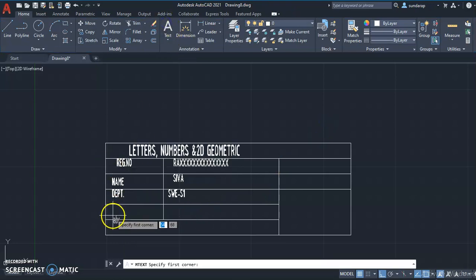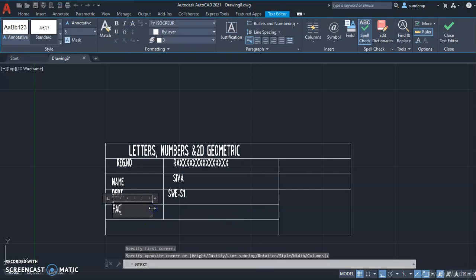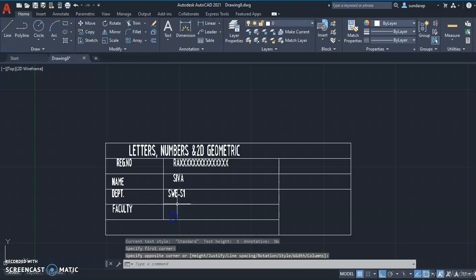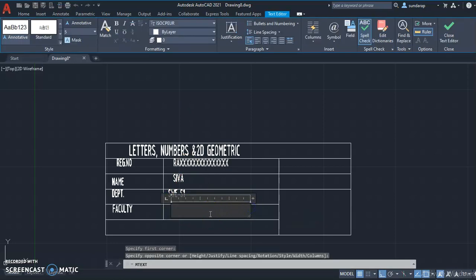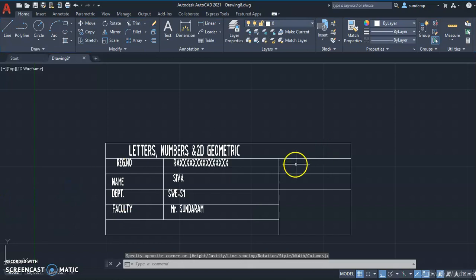Then at the bottom, write the faculty name. Write faculty name. Then here you can write the date.